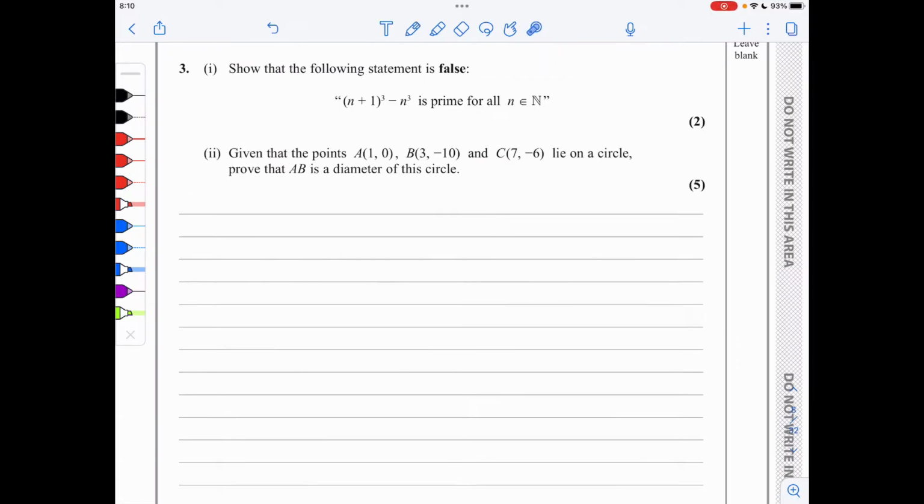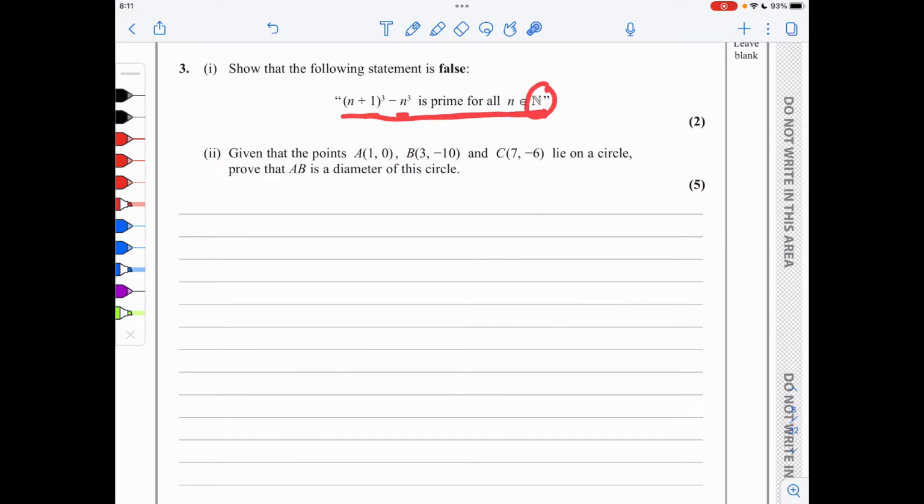In question 3, we've got 2 independent parts. They are both on proofs. The first one says show that the following statement is false: (n+1) cubed minus n cubed is prime for all n in the natural numbers. Now the natural numbers are all positive integers, so 1, 2, 3, and so on. So we need to come up with a specific example, a particular value for n for which the following statement